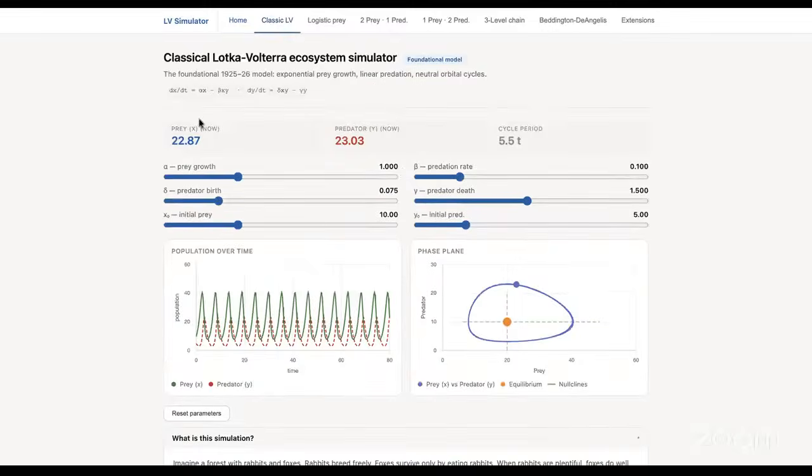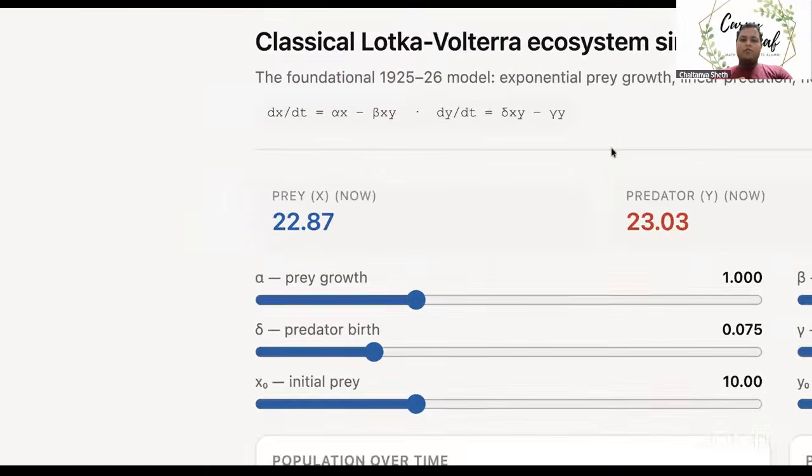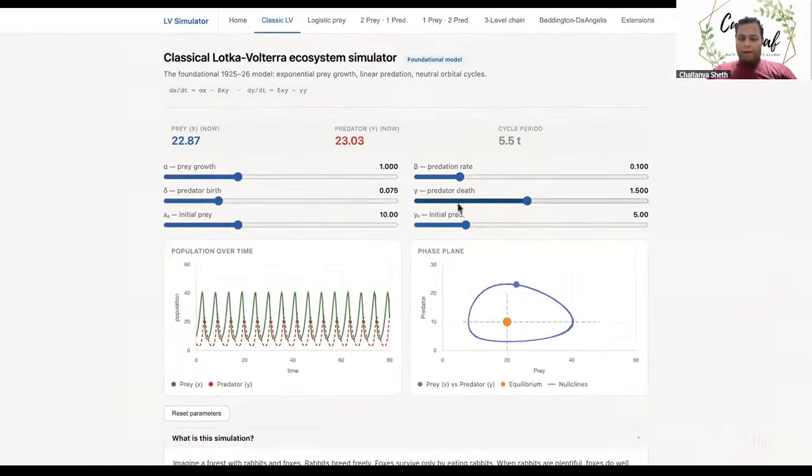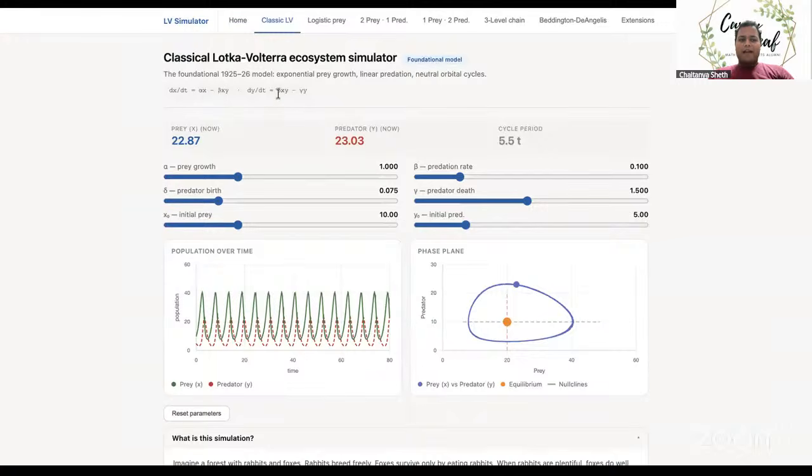Volterra prey-predator equations is a system of two ordinary differential equations. It is a nonlinear system. The equations are given by this: dx/dt = alpha x minus beta xy, dy/dt = delta xy minus gamma y. So this is a topic covered at our university in the third year BSc differential equations course. Students find it very, very difficult to visualize the problems. So what I did was I tried to make a simulator, to show how it changes as we change the values of alpha, beta, gamma, delta, and the initial values.